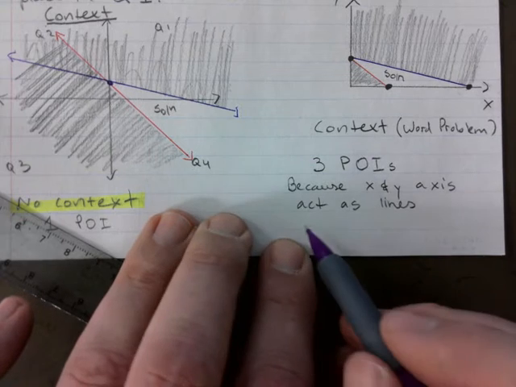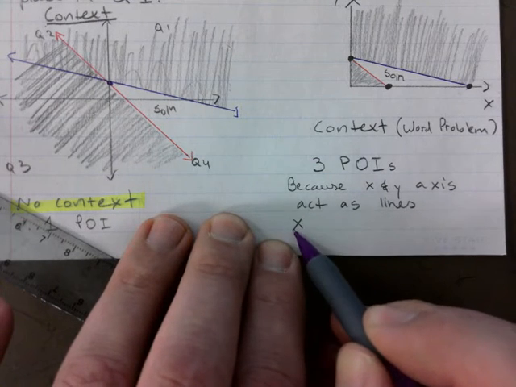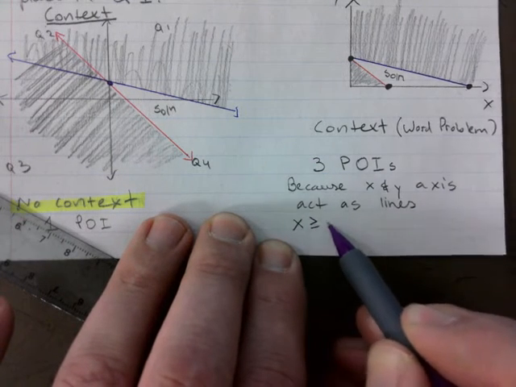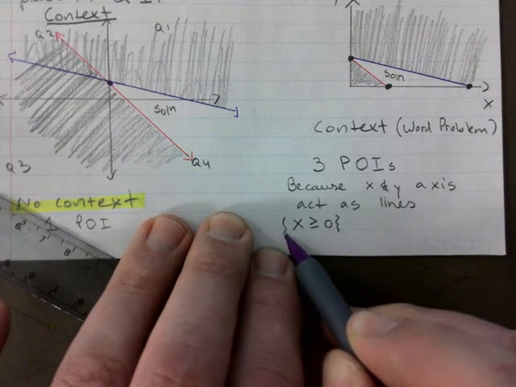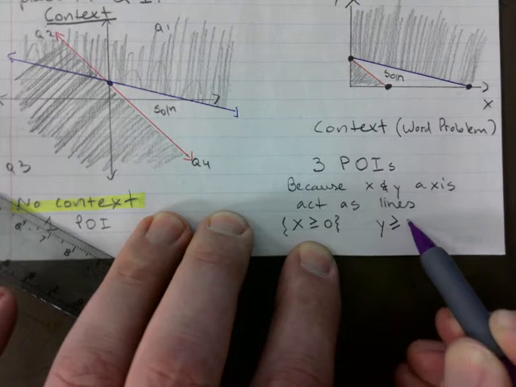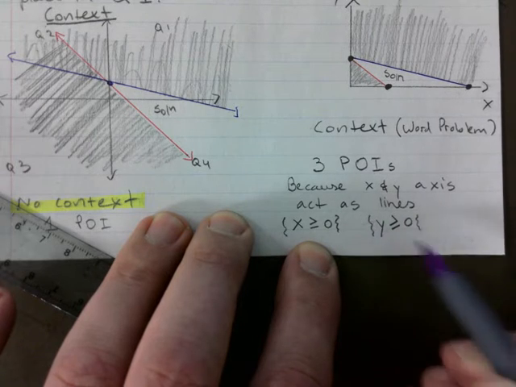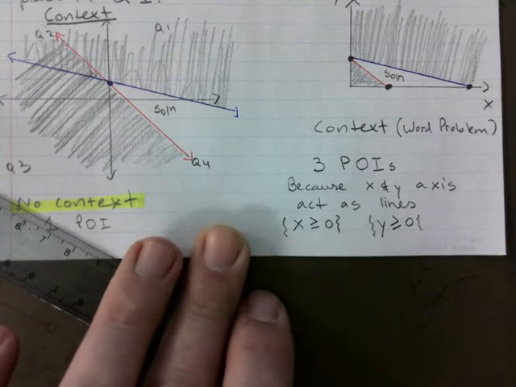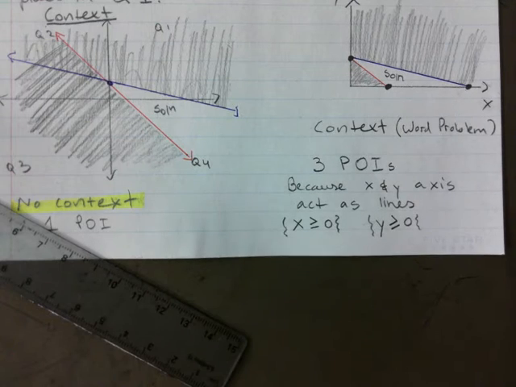So you're basically saying that all the X values have to be greater than or equal to 0, and all the Y values have to be greater than or equal to 0. It's a bit of a nuisance, but if you get used to writing that every time, word problems,